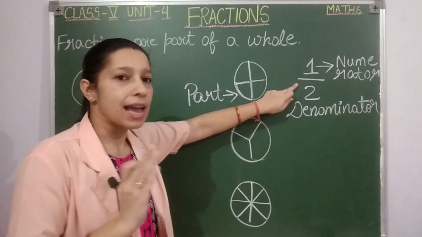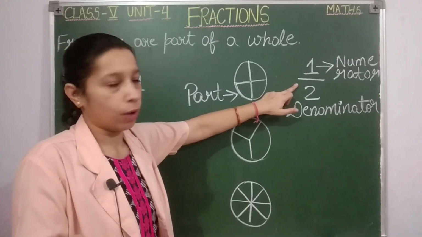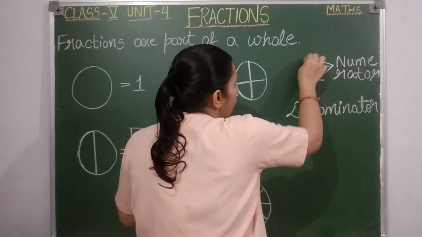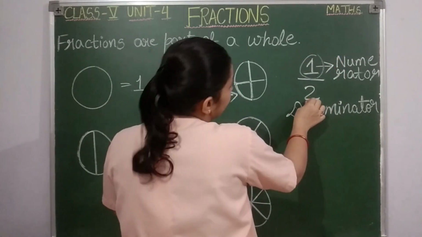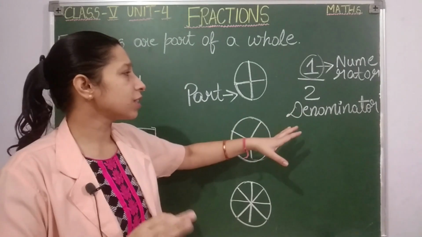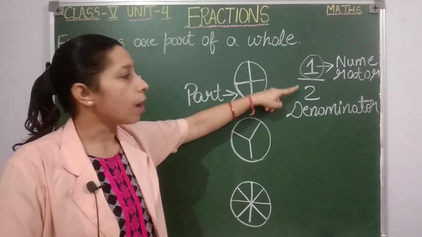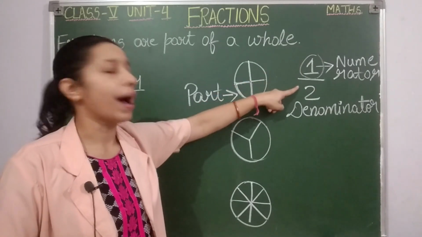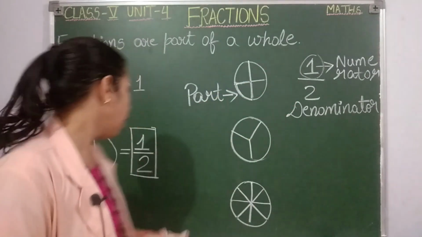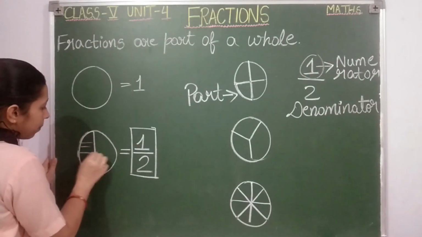ये जो line है ना, this line we are going to call as upon or by. It shows that the above number is in division with the number written below. But for now just make this clear. How we read the fraction? We read it as 1 upon 2 या फिर 1 by 2. Clear students? Okay, so this part will show 1 by 2.